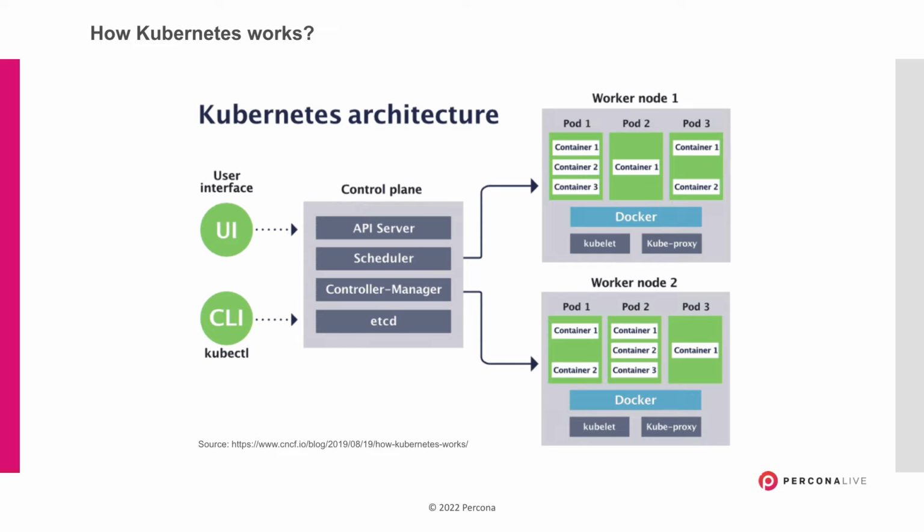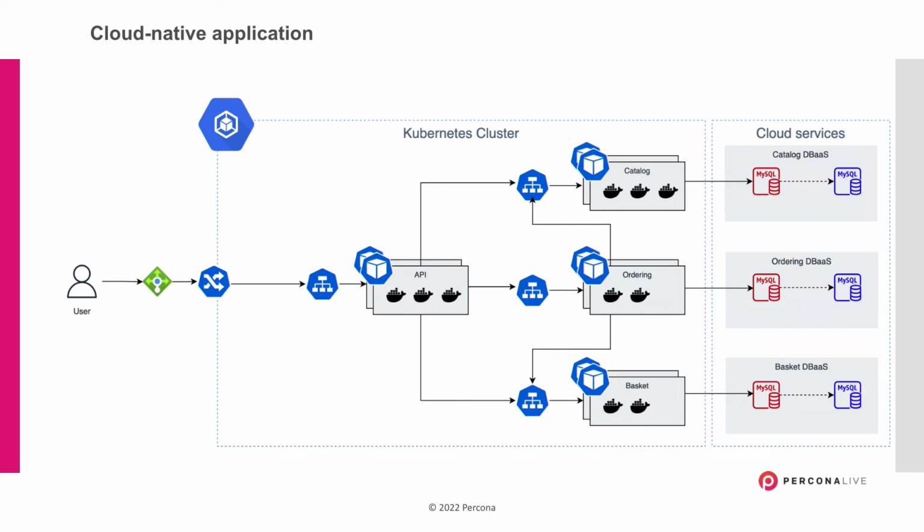But in general, this is where your workloads actually are run and where they happen. So what are the options in such a context and cloud-native application? I mean, first of all, the natural choice is, hey, we are in a public cloud, let's use database as a service. So for example, RDS Aurora, or something else. And then you have your application in a Kubernetes cluster, and cloud services, you consume database as a service.